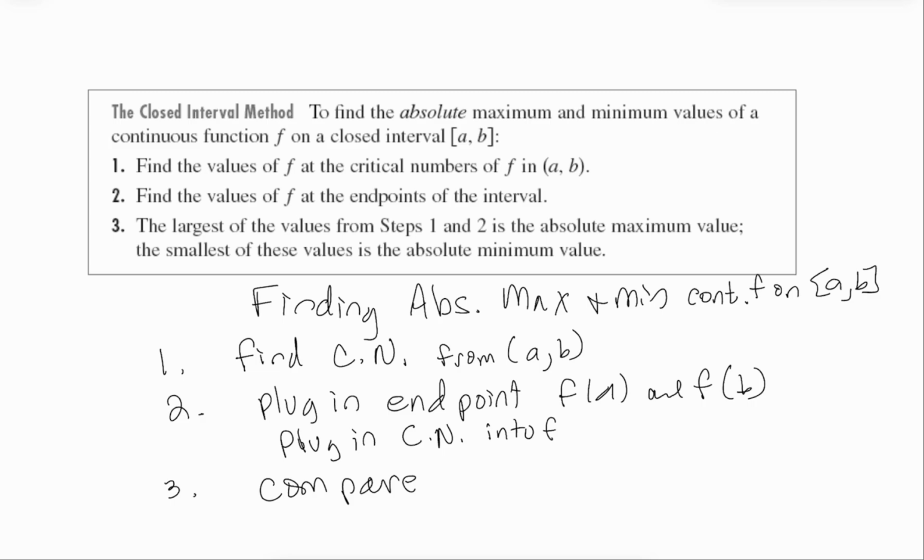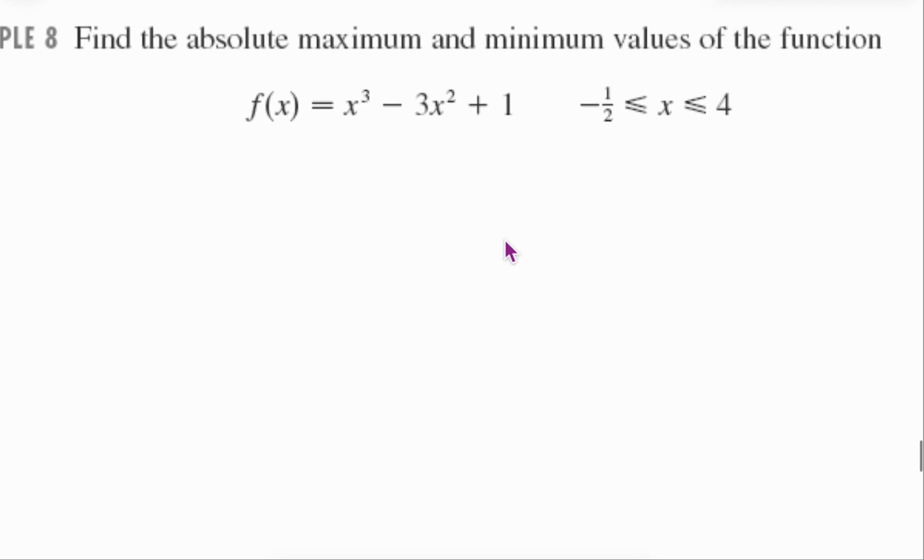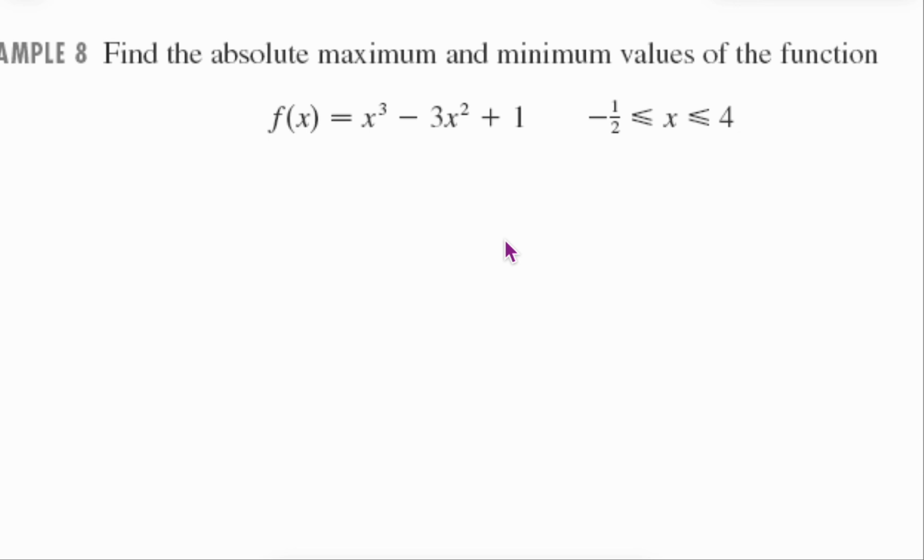And then go from there. So we're going to find the critical numbers, and we're going to plug those in. We're going to find the endpoints, and we're going to plug those in, and then we're going to compare them. Whatever we get, those are going to be the absolute maxes and mins of our function. So if they ask us to find the absolute max and min of a function,